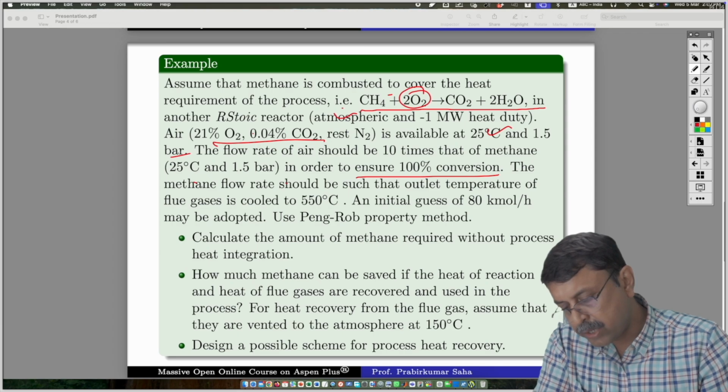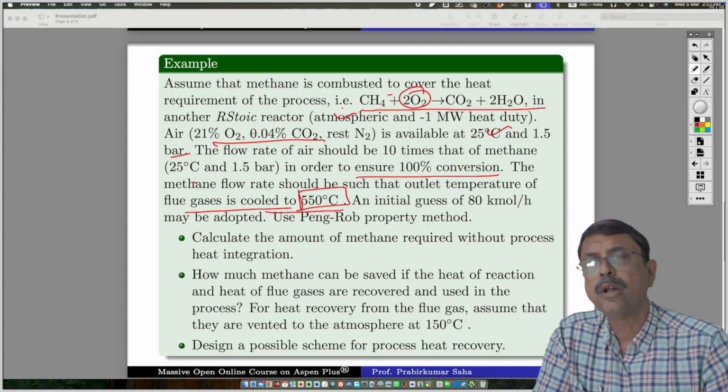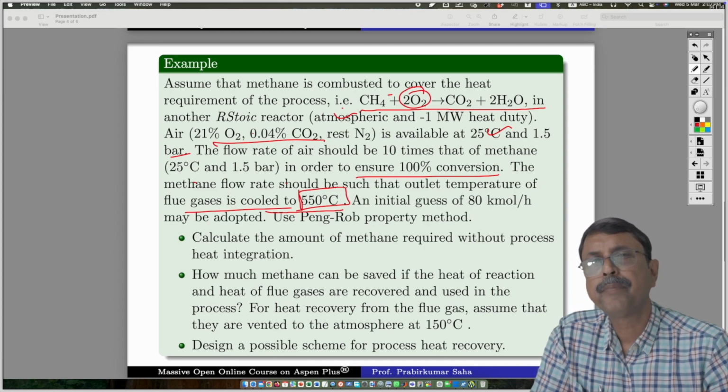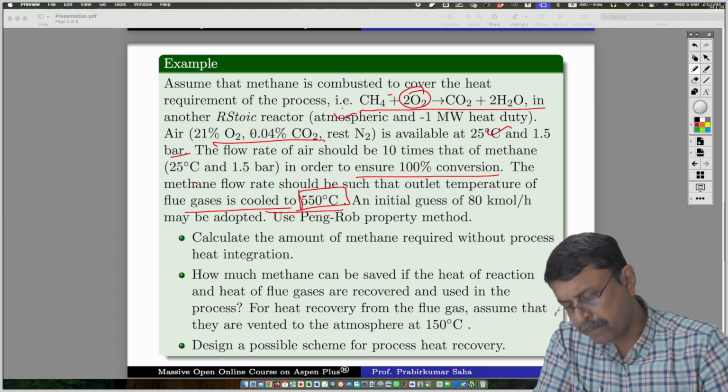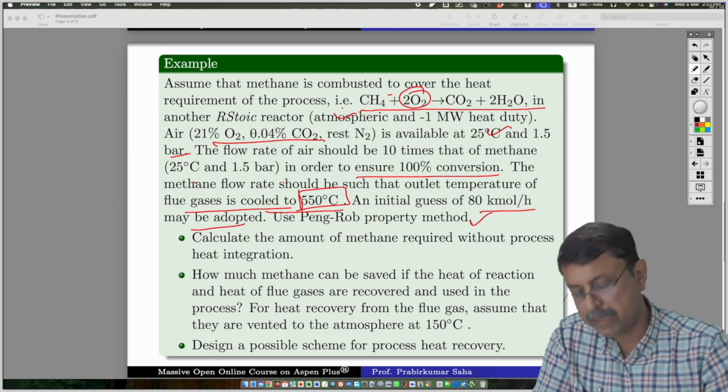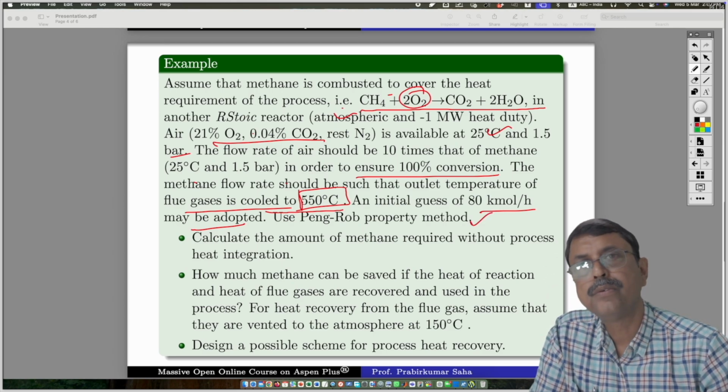The methane flow rate should be such that the outlet temperature of the flue gas is cooled to 550 degrees centigrade. Although 550 degrees centigrade is a bit high for a flue gas temperature, still, let us go with that example. An initial guess of 80 kilomole per hour may be adopted. You have to use the Peng-Robinson method for that. Now comes the